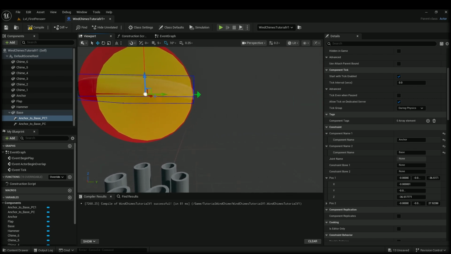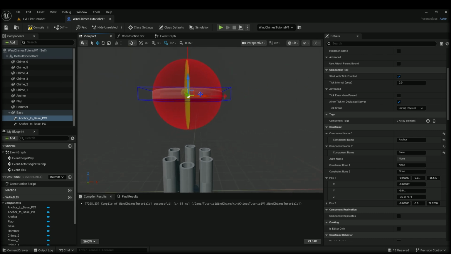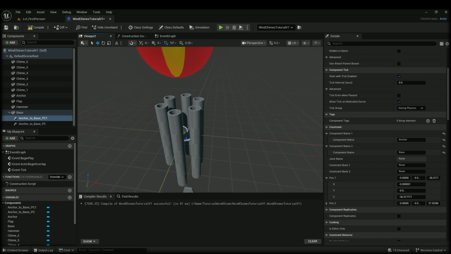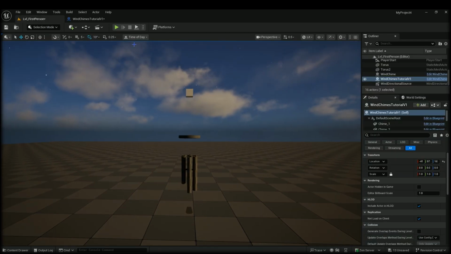And it's going to go, let's do, yeah, that's centered, and this one's going to go to our hammer. So we've got base, and we want to swap these, and that's going to be hammer. So if we do compile and then simulate,